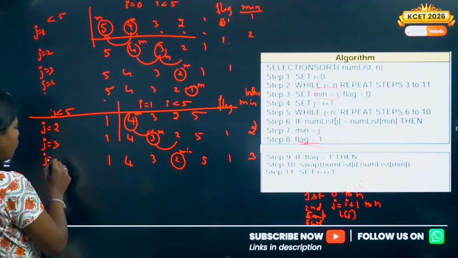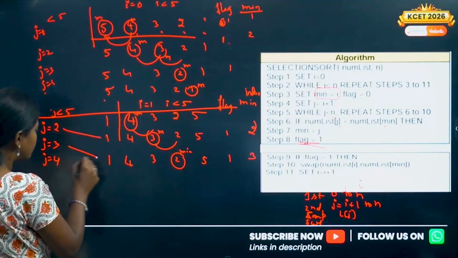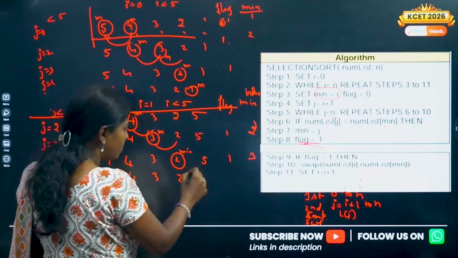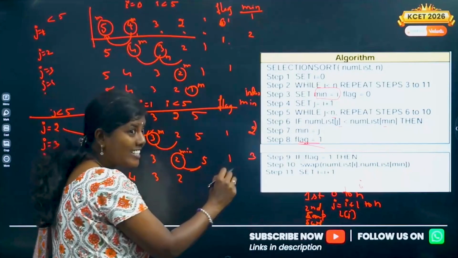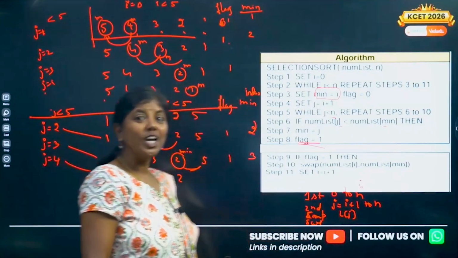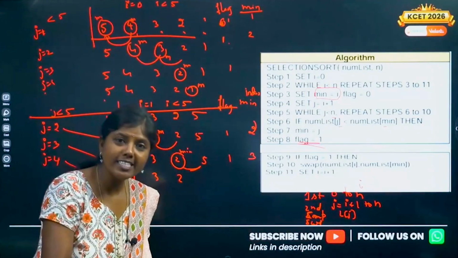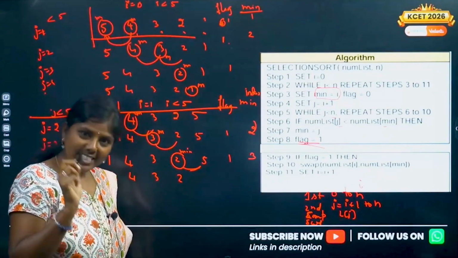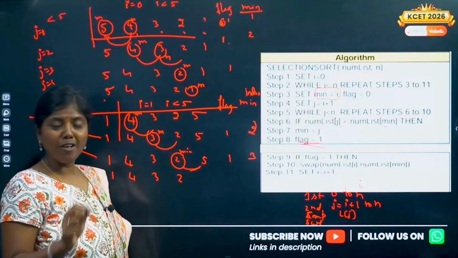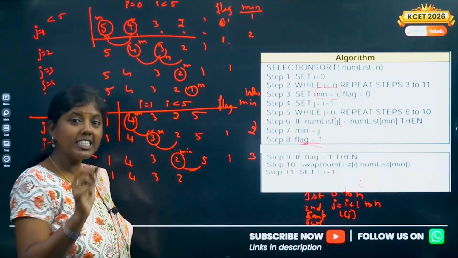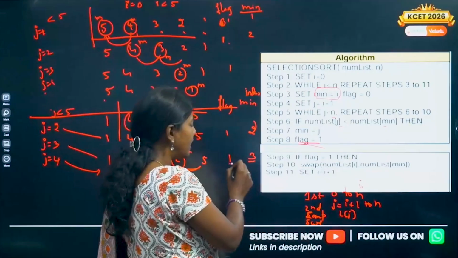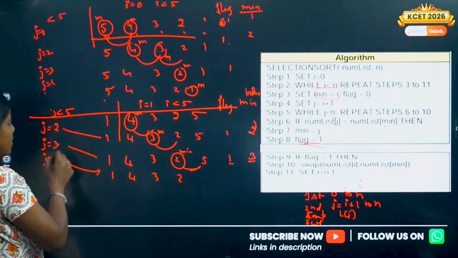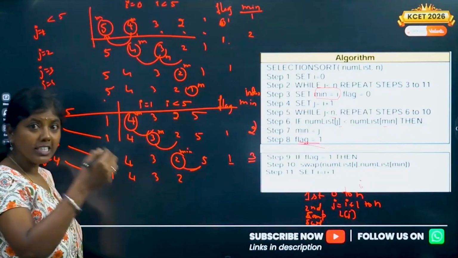Now what will I do? j equals 4 now. I'm going to write it here. 1, 4, 3, 2. Okay, I've compared with this. I'll compare with this. Will I change my min? 2 and 5 I'm comparing. Is 2 less than 5? Definitely 2 is less than 5. I should not change it. 2 itself is the minimum. Flag is set already. This minimum will retain as 3 only and flag will be 1 only. And I cannot continue further because 5 is not less than 5, it does not satisfy the condition, and comes out of the loop.